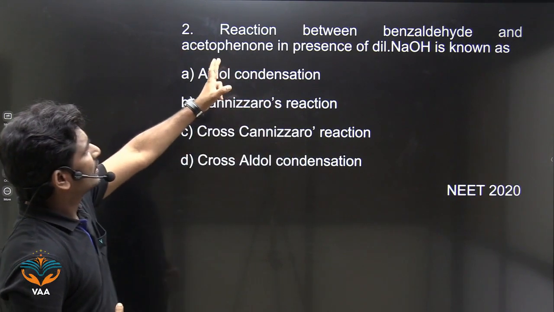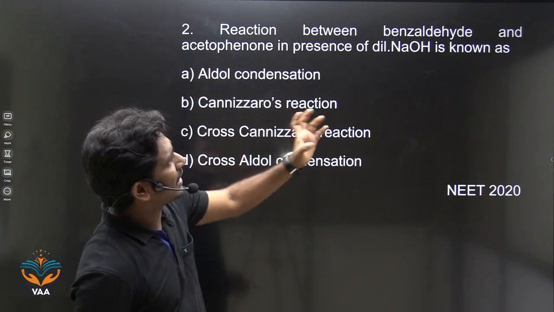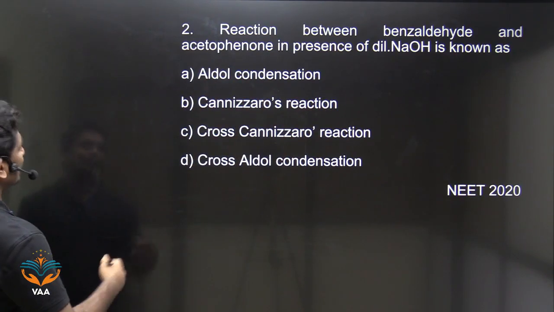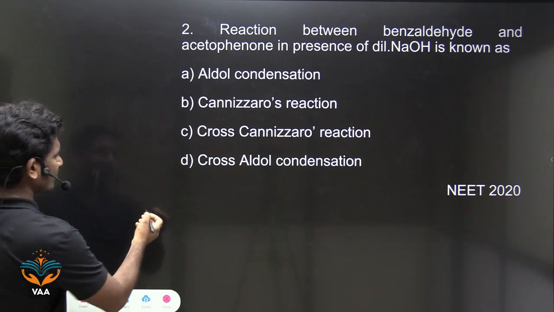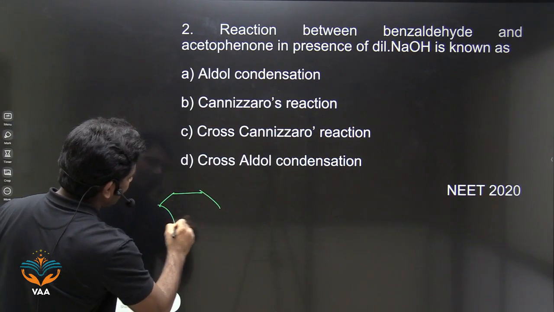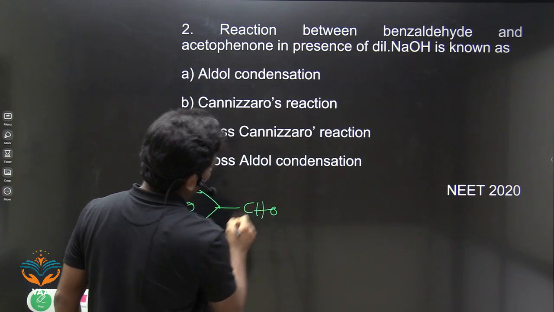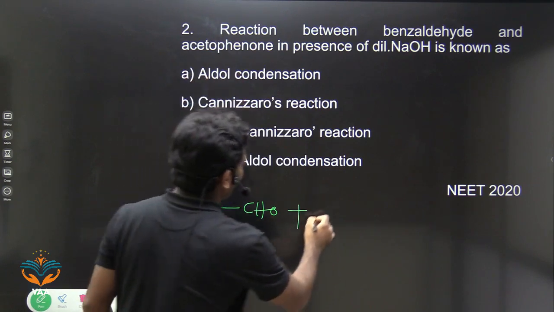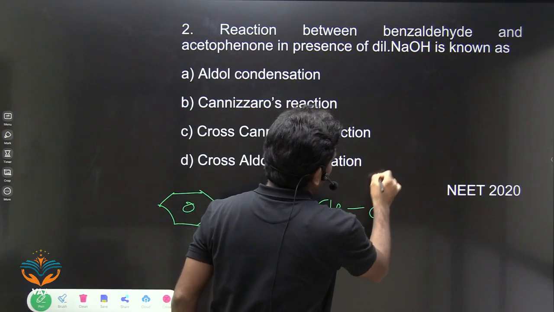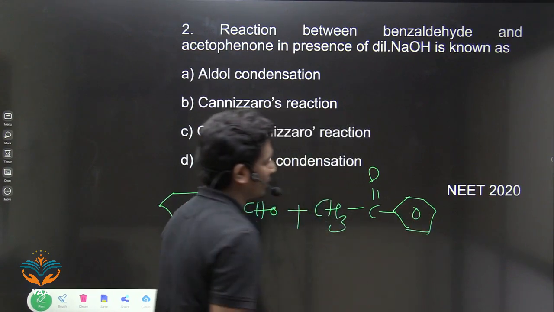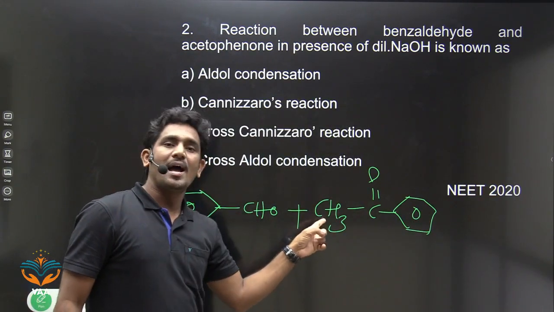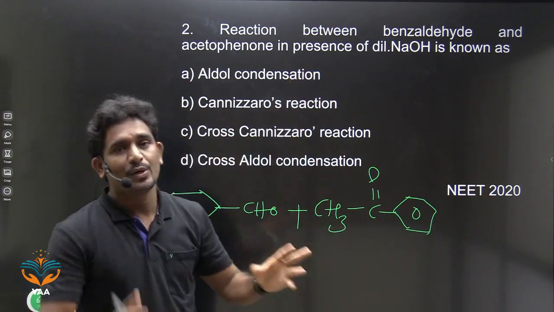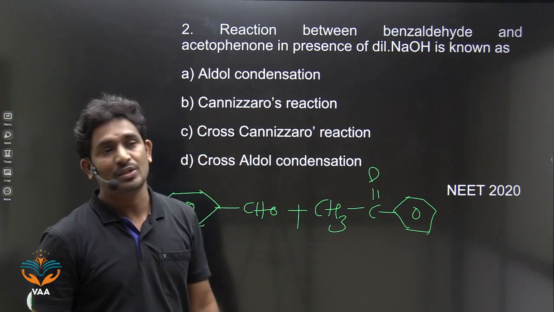Okay, right? So the reaction, what is given? Benzaldehyde दिया and acetophenone दिया, right? So benzaldehyde का structure क्या है? This is the benzaldehyde, CHO. इसमें alpha hydrogen है क्या? नहीं, right? Place acetophenone, if we take acetophenone, CH3, C double bond O, benzene, right? This is the acetophenone. इसमें alpha hydrogen है क्या? है, there is an alpha hydrogen, right? So whenever there is alpha hydrogen and dilute NaOH, what is this reaction? It is aldol condensation. So answer is A.